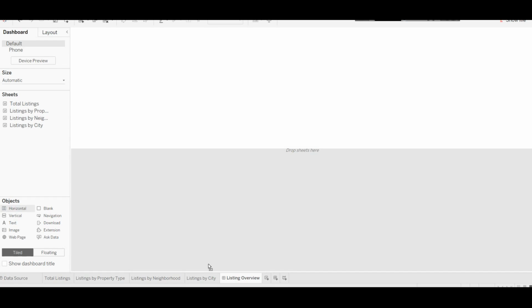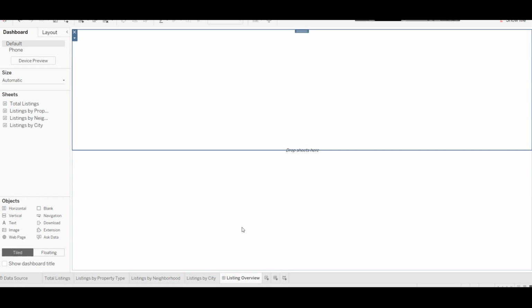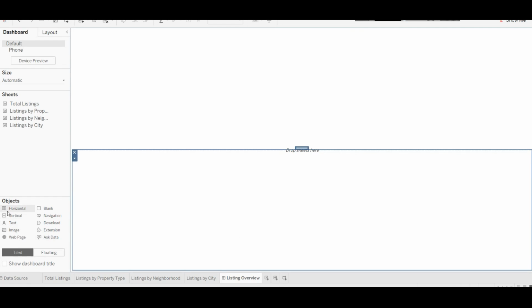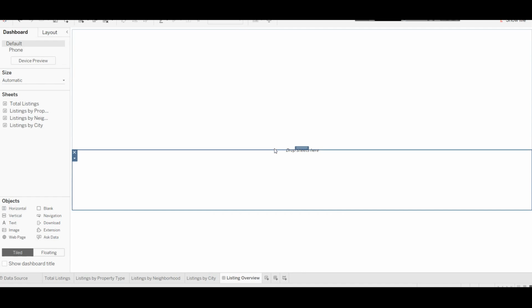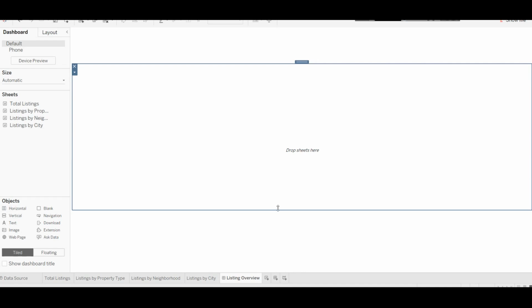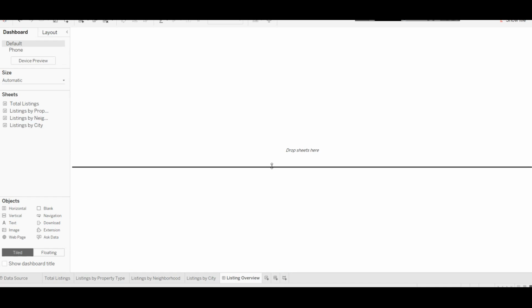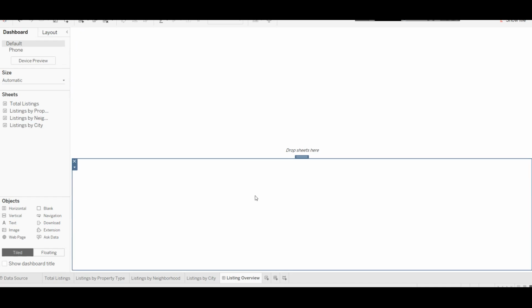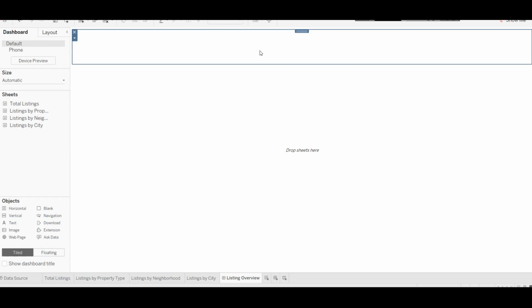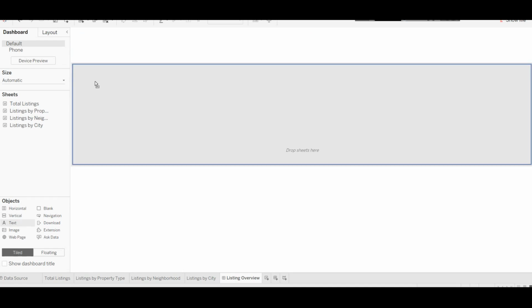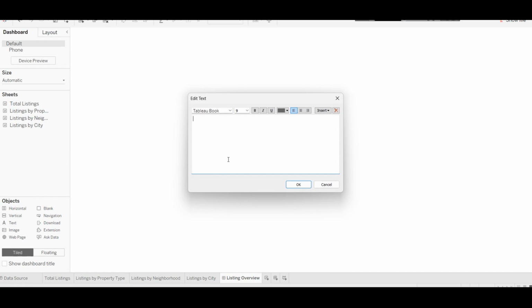So like this. Now we have two horizontal elements and another horizontal element like this. Our first horizontal element will have our headings, second will have our two charts, and third will have the two charts. So here we will add the text which is the heading,